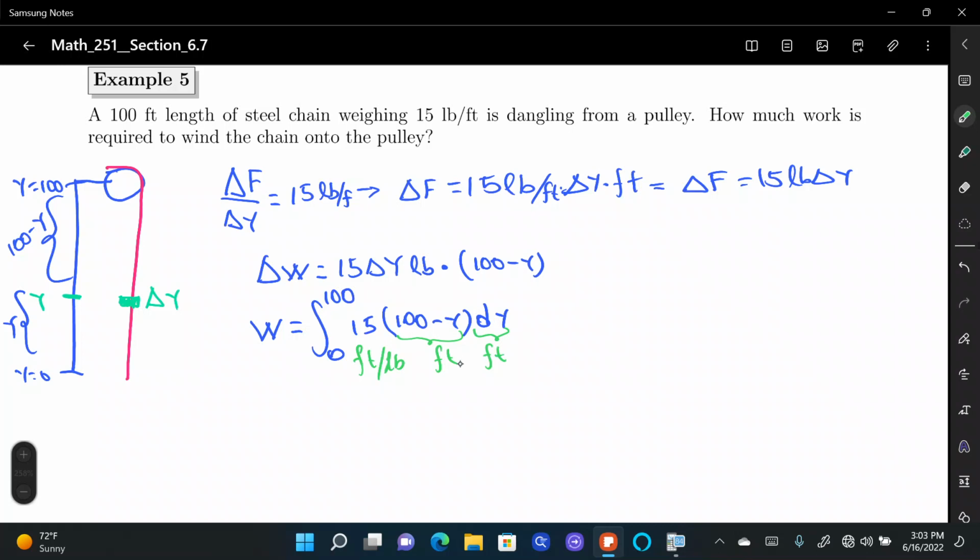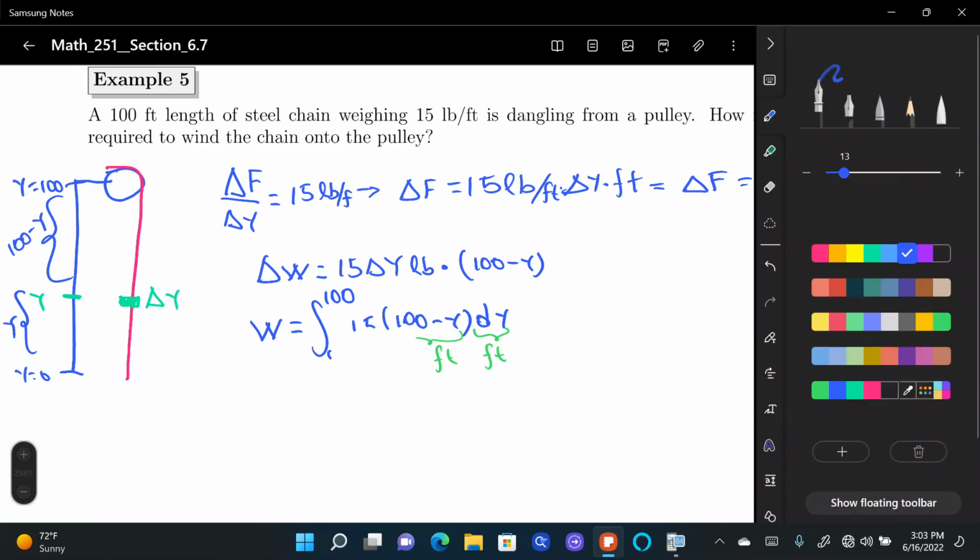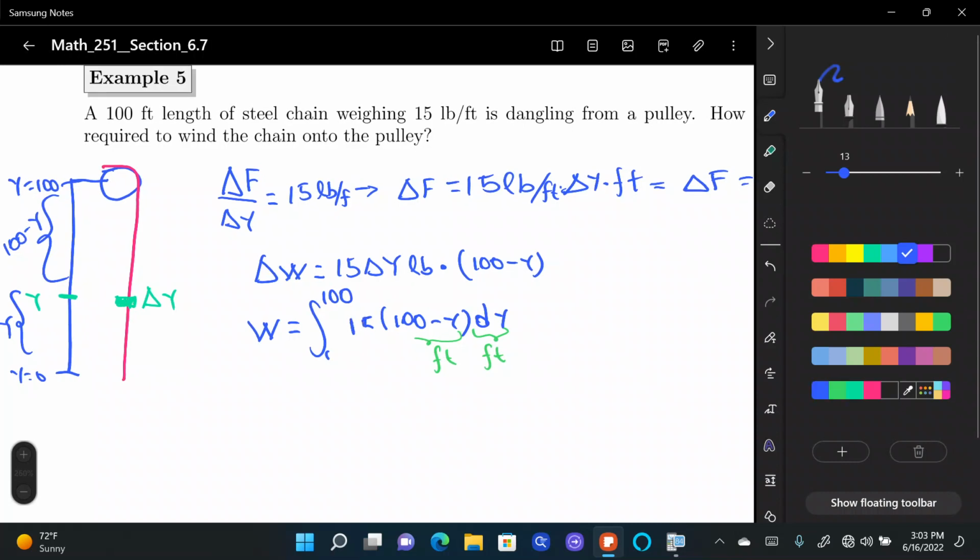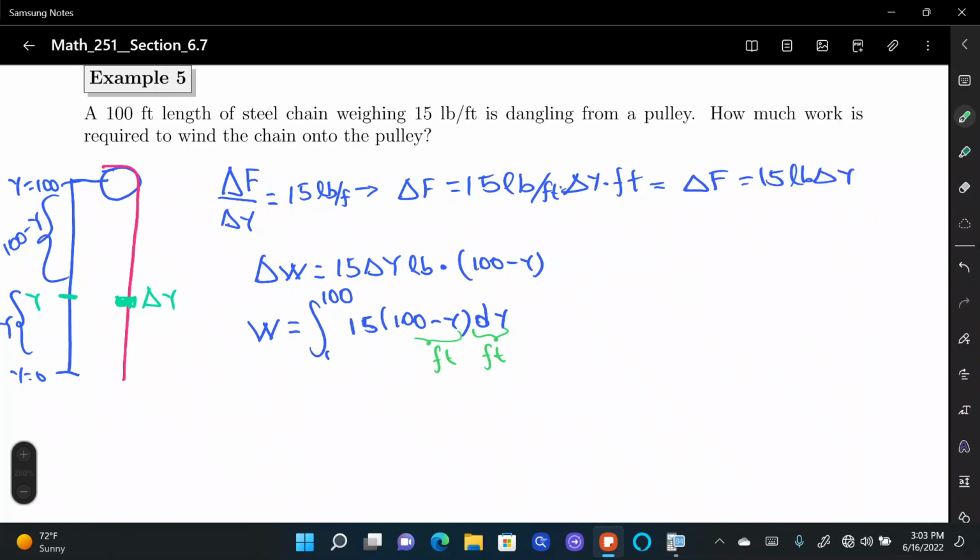So some feet cancel, and in the end, we're going to get foot-pounds, which are the units for